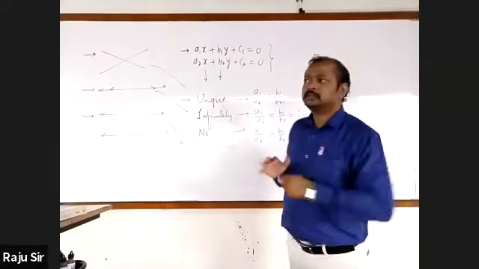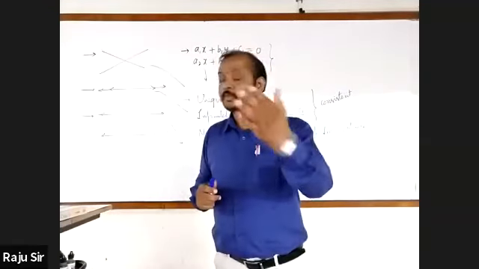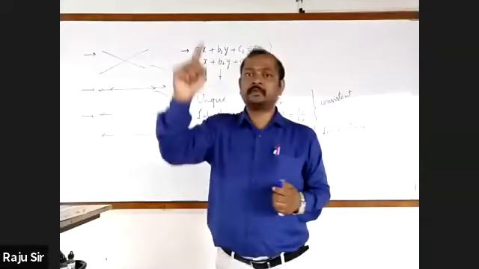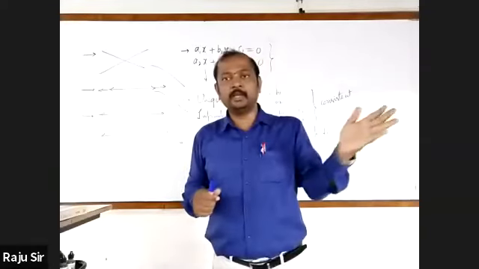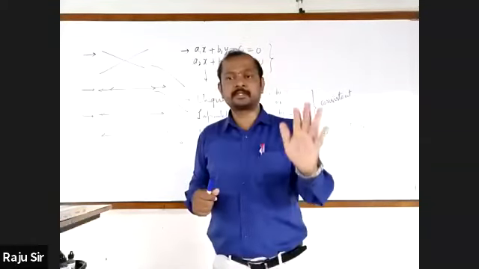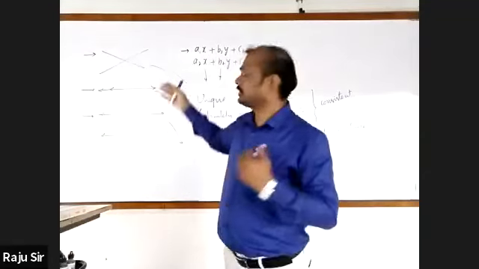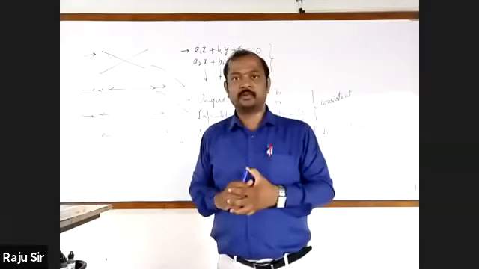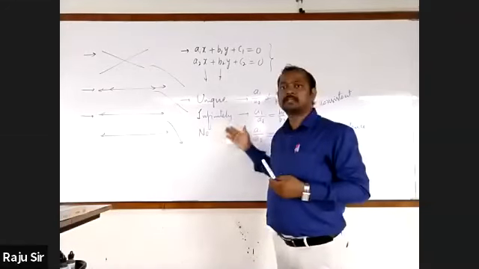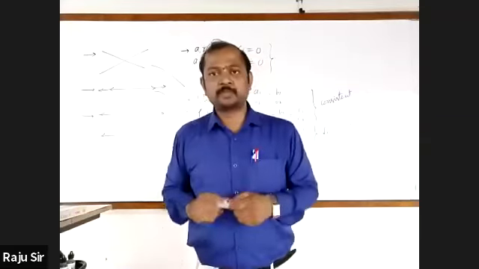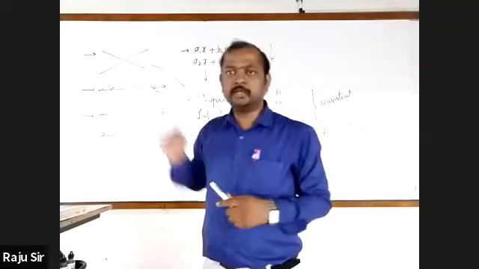And based on this concept, we will also solve some problems. It involves finding the ratios a1 by a2, b1 by b2, c1 by c2. By comparing them, we decide whether the equations are consistent or not, and whether the lines will intersect, coincide, or be parallel to each other, or whether the equations have a unique solution, infinitely many solutions, or no solution. I think this much was completed, right? So this much was over in the last class.